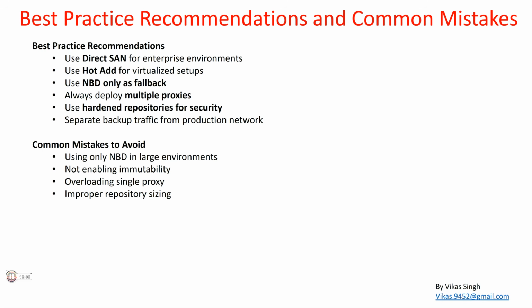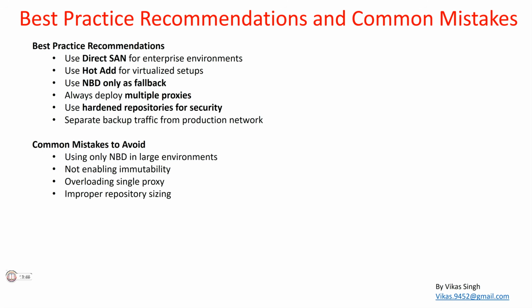Use hardened repository for security, such as for ransomware protection, and separate backup traffic from the production network. So you should have two different traffic, one for production traffic and one for backup traffic, from your networking or switching layer. And common mistakes to avoid: using only NBD in a larger environment, which increases your overall backup and recovery time,